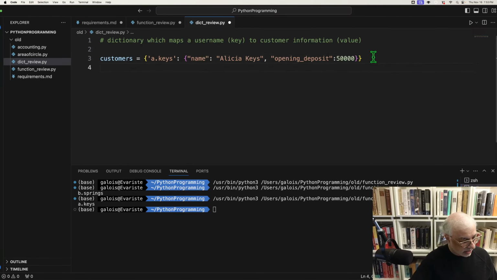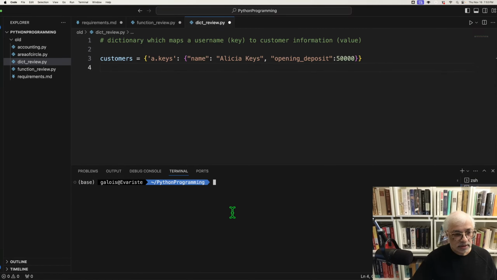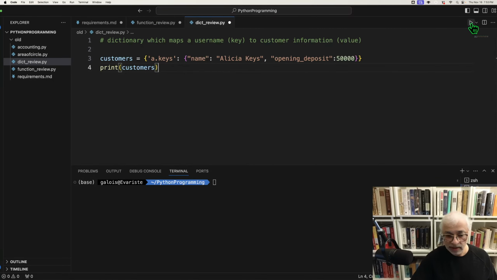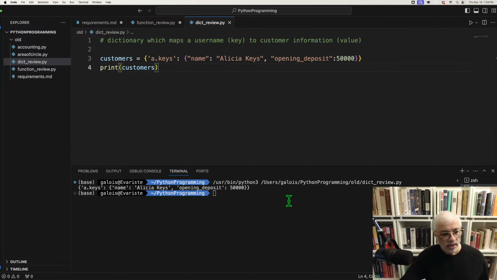Let me clear this and print customers and see what it looks like. And hopefully I didn't make any mistakes. Okay. Yeah. So, we've created a Python dictionary that we're going to use to hold customers. And we've added 1 entry. Now, let's add another